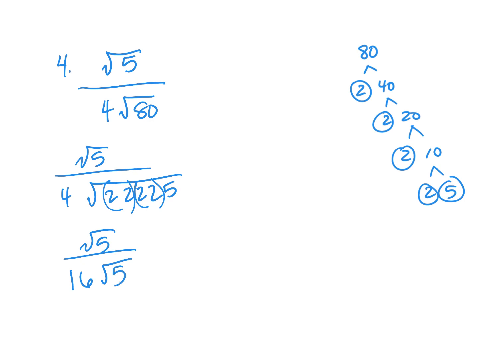And this is also easy, because if I put a 1 here, the radical 5's bite the dust. You don't have to do anything. There's one upstairs, one downstairs. They bite the dust. So the answer is 1/16. Where do you get